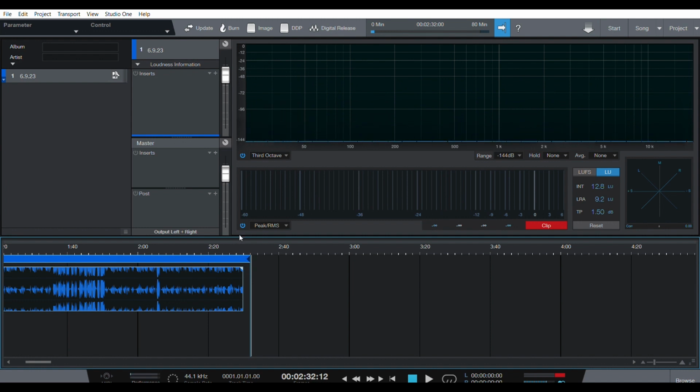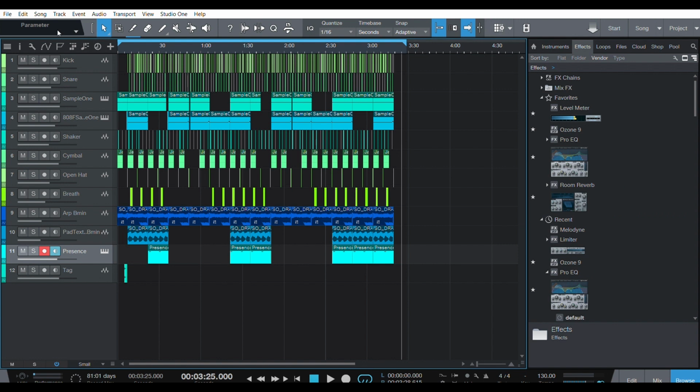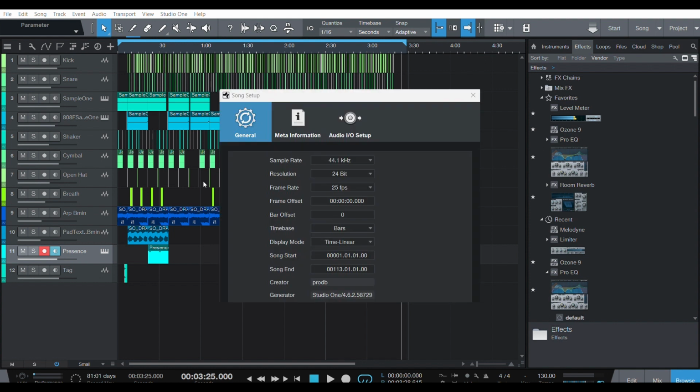It doesn't finish it. So what we got to do is you want to go ahead and go to song. And then once you select song, you're going to go to the song option on your left hand corner right after edit. You're going to go ahead and select song setup. After you select song setup, this is where you want to go ahead and extend your song length. So you can see here where it says time base, where it says bars, you want to make sure that